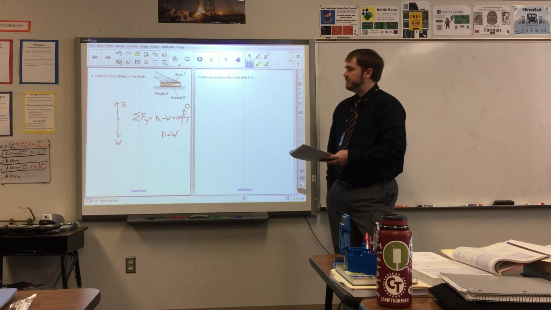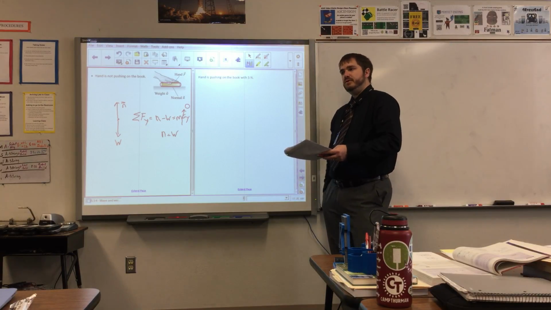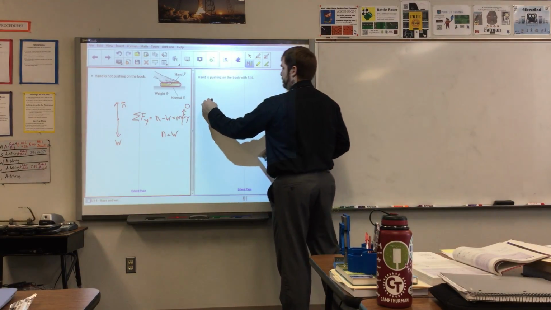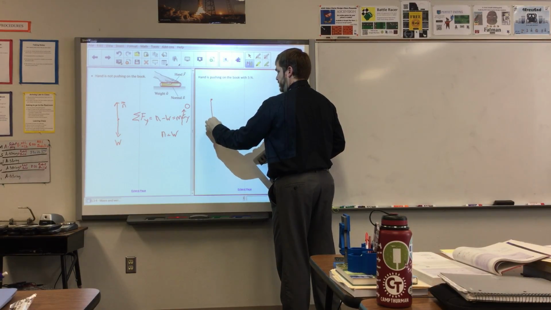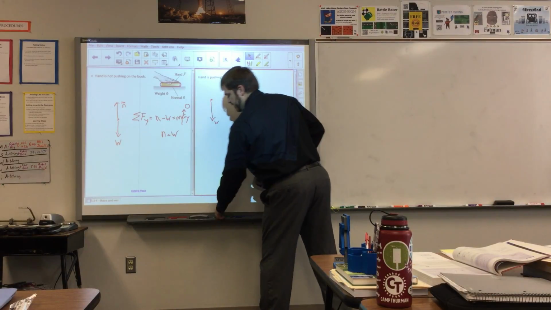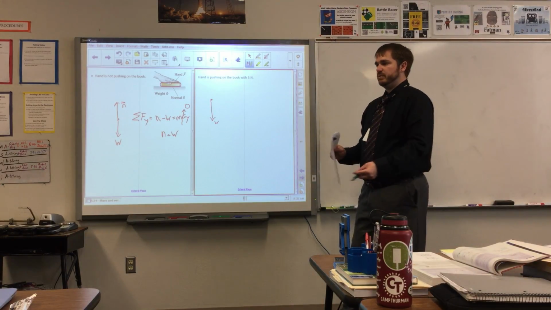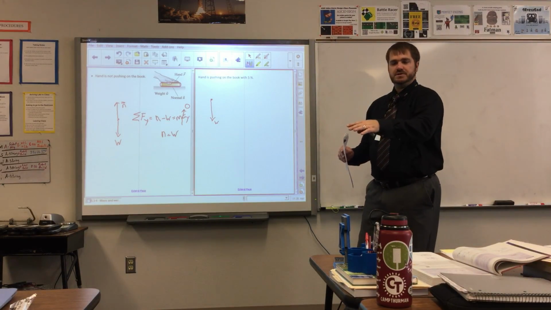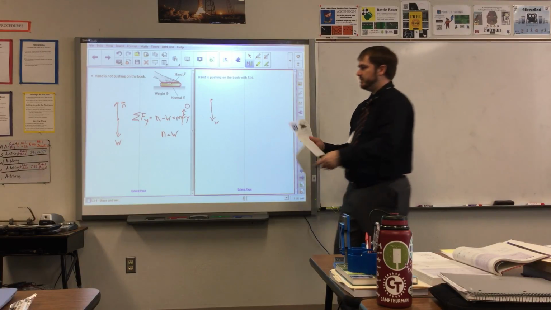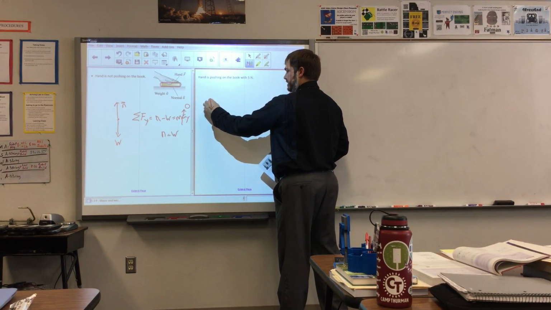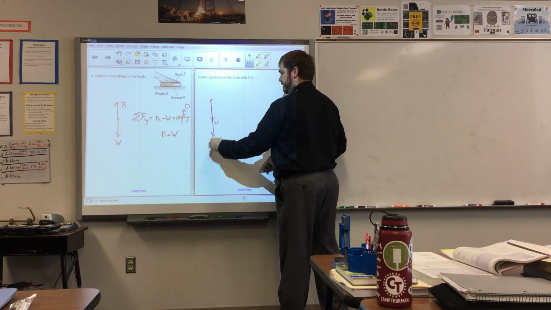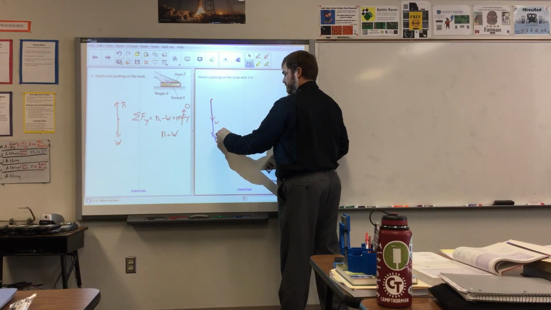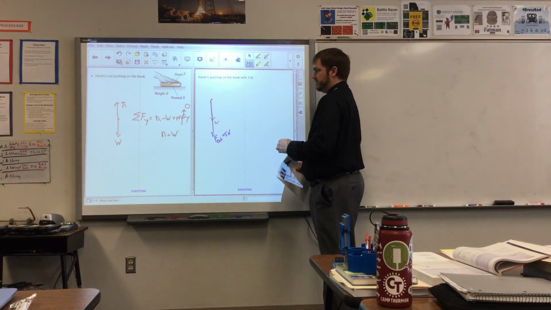What about if the hand is pushing on the book with 5 newtons? Along with the normal force. Okay, so yep, you all are saying lots of good things. So there's the weight force. We now have the hand force. This is your external force. So I'll make that a little bit more than the weight, I guess. So let's say F external, which is 5 newtons.